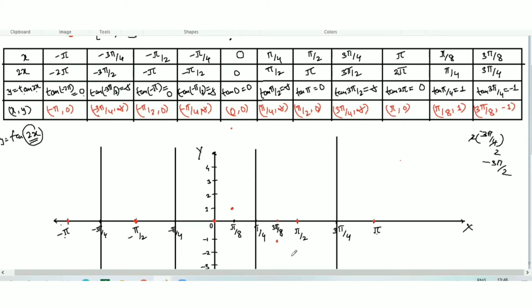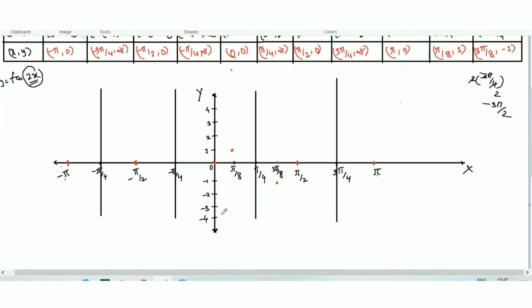Now draw the graph here. How to draw the graph here? So you have to draw the graph this way. It will go toward the line. We won't get any point for y. It will go near the asymptote line, but it will never touch it. This way we will draw the graph here. And here also, as we need to draw only up to pi, if you draw the graph here, it will go this way.